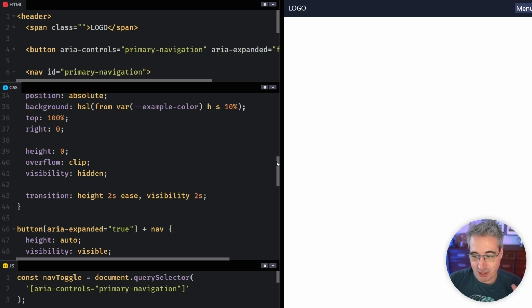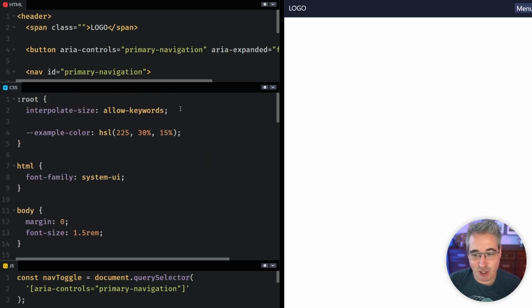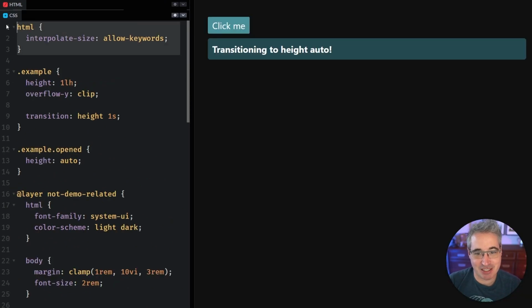Now, one question that you might have is, if you are bringing this into projects like this, why am I putting it on the root, or why am I bringing it into my HTML selector here? Why isn't this just the new default if the browsers are able to do it now? The main reason is there's a lot of websites that were built in the past where this wasn't the default. So there could have been JavaScript being used that's coming in to do a lot of these calculations,